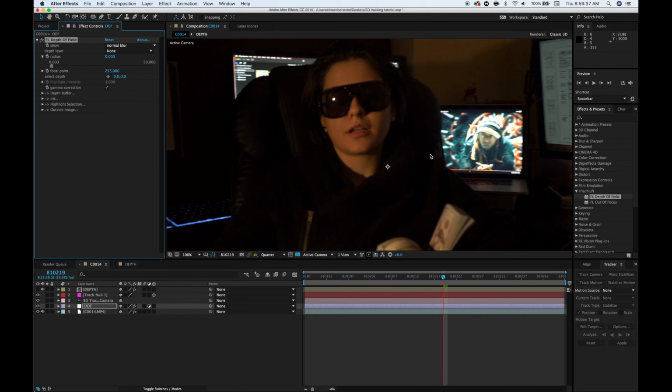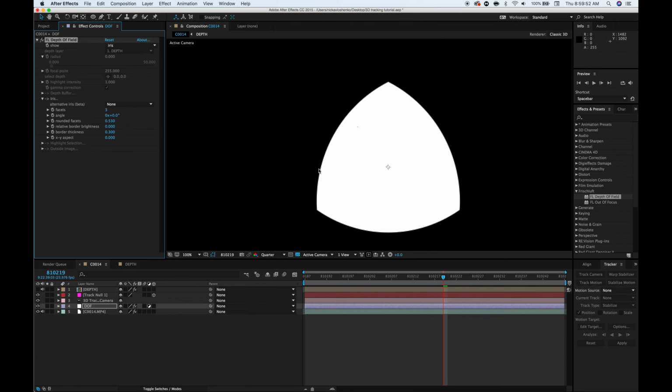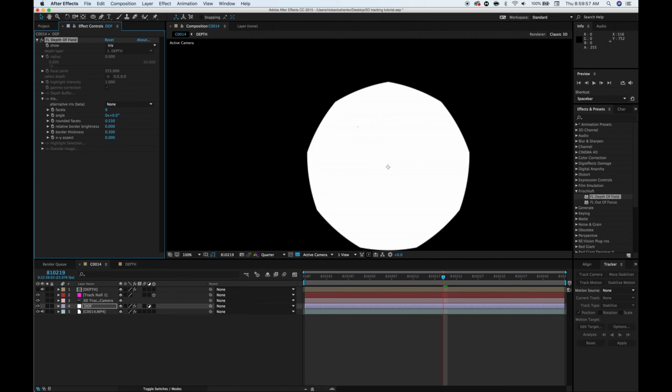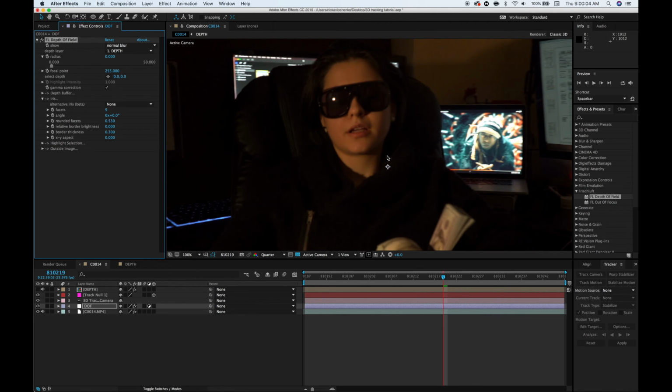And what you can do is choose the depth map, and you'll use the depth that I selected here. And if I go into Iris, I can change up the way it looks, so I can decrease rounded facets. You can see it turns it into a triangle. I used a Zeiss lens that had 9 blades, so you can see that that's kind of what it would look like. And now I'll go to normal blur, and you can see that if I start blurring it by like 10, 20, 30%,